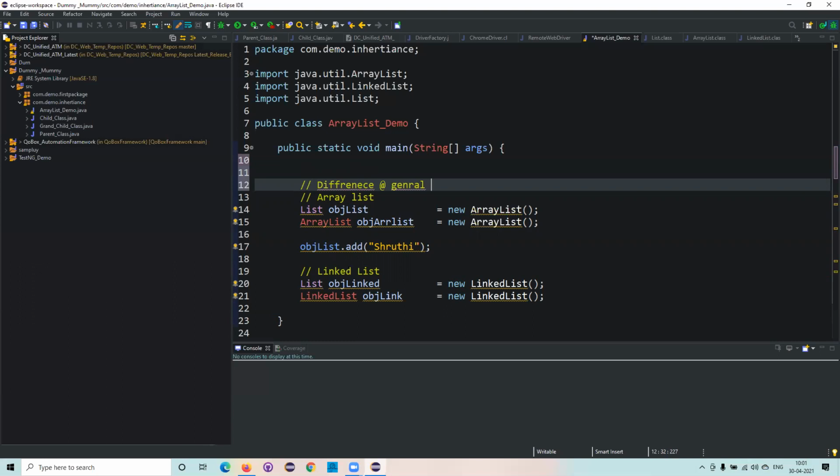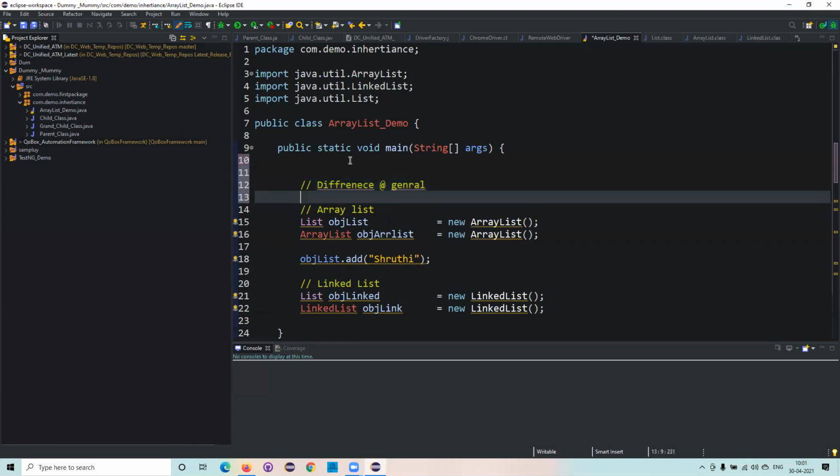Which is faster, which is slower, which has good performance, which has lower performance. But at a coding level, you will not find any video. So I just wanted to show you the code-level difference.